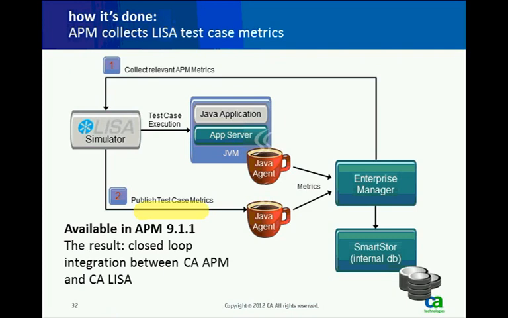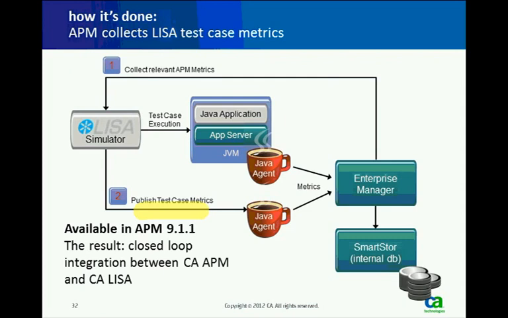So if you have a pre-production application that you're actually monitoring for a performance lab, we now have the test events coming in from CA Lisa, and you can correlate that to the performance metrics that you're collecting through Interscope for the system that's under test. And this helps you realize or address issues up front earlier in the life cycle before you actually hit and throw it over the